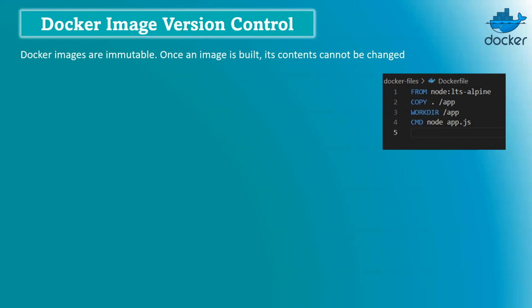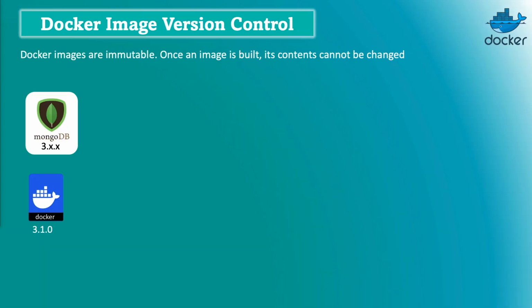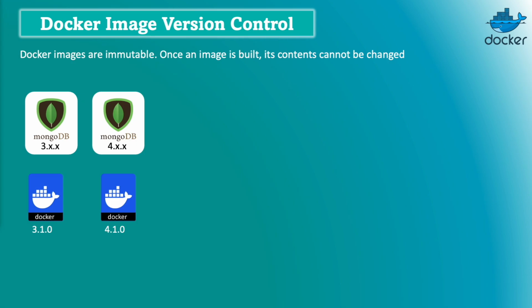Let's take an example. Let's say you are using Mongo 3.x version as your base image and you have created your custom image as 3.1.0. Software providers regularly update their products, and as part of the feature upgrades, Mongo released a stable version